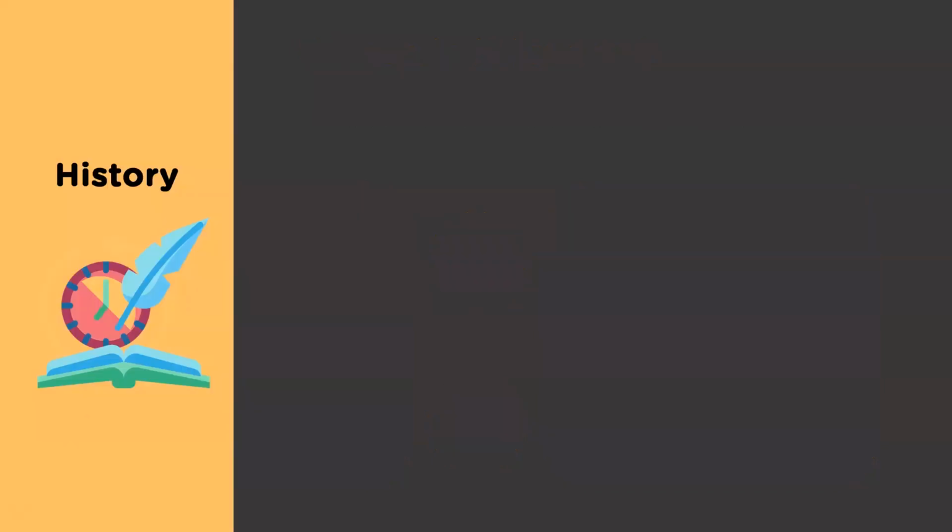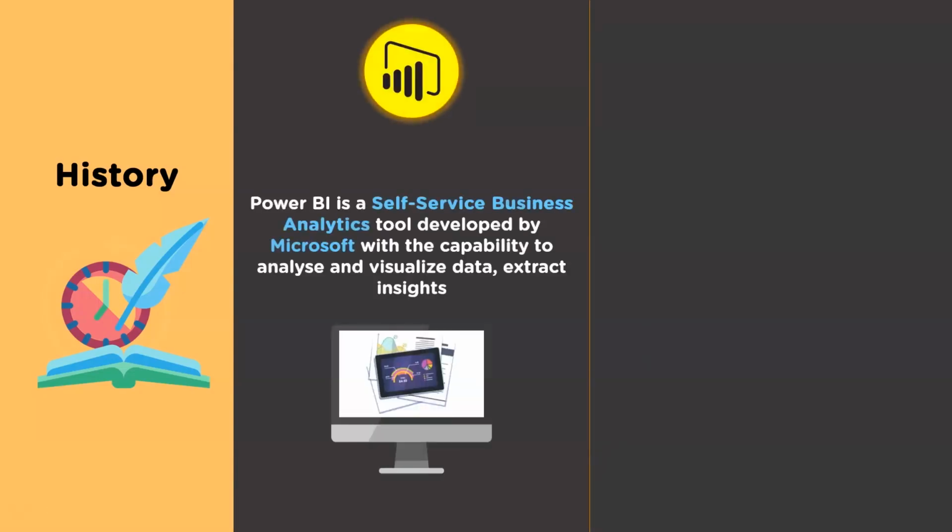Now let's begin with understanding the history of Power BI and Tableau. So what really is Power BI? Power BI is a business analytics service provided by Microsoft. It has the capability to analyze and visualize data, extract insights, and share it across various departments within your organization. Power BI makes data visually appealing. It has easy drag and drop functionality with features that allow you to copy all formatting across similar visualizations. Power BI fetches data from factory sensors and social media sources to get access to real-time analytics.